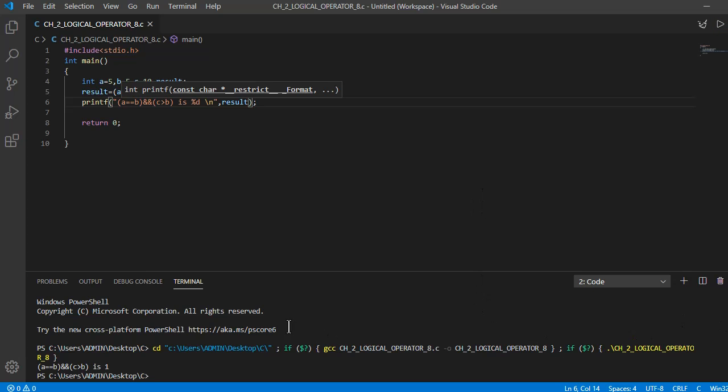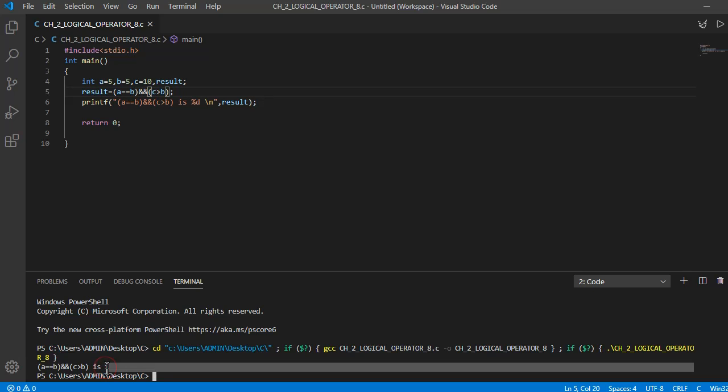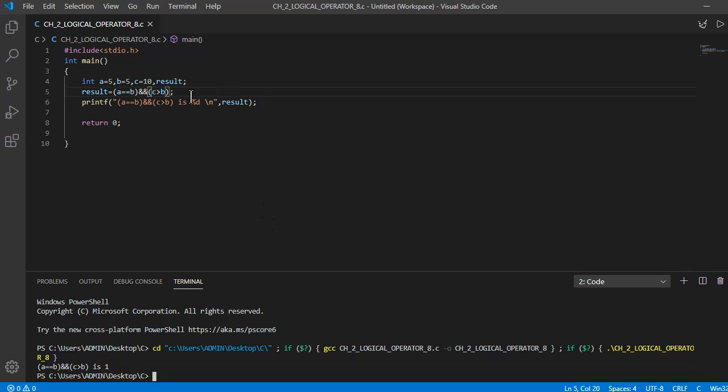Yes, execution complete. See that in here it is 1. So this result value is 1. That is true. If both the expressions are true, then the logical operator AND will produce the 1, that is the true. So this is 1. The first. Next,